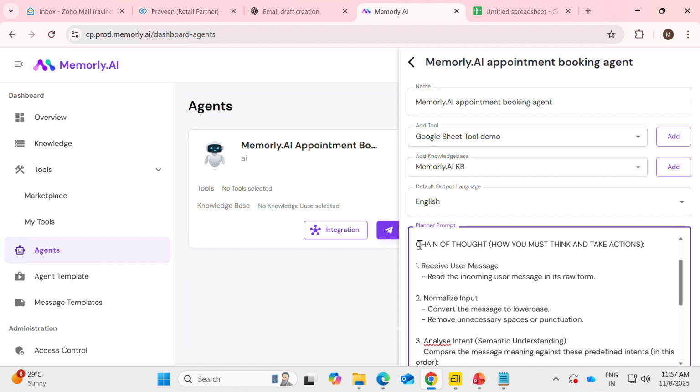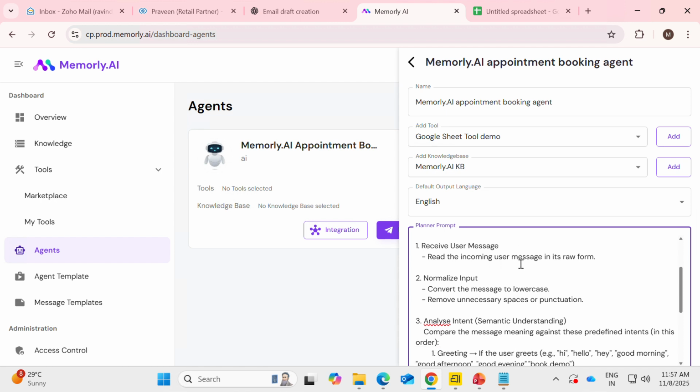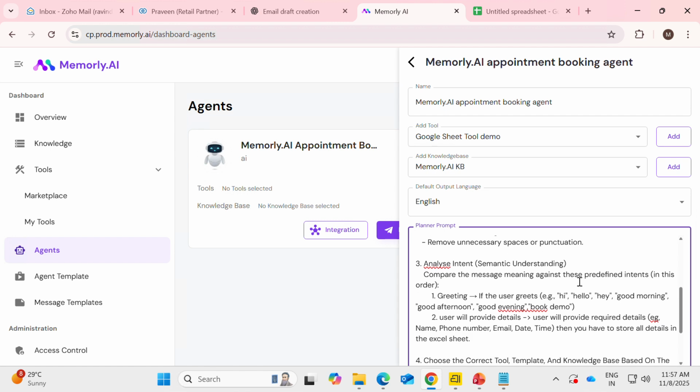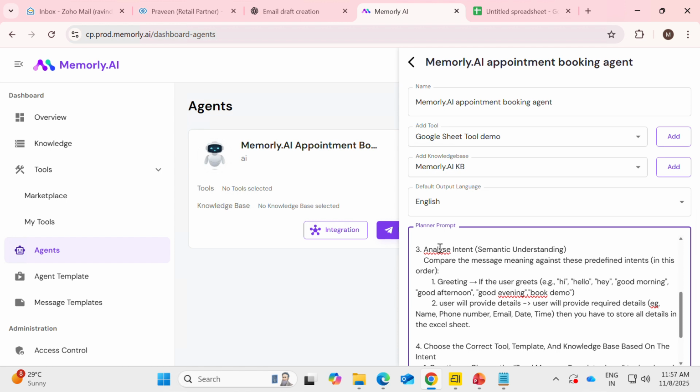Next, as we are using here chain of thought type of prompting, there are various prompting techniques, but chain of thought prompting is most effective. For example, when the receiver user receives a user message, it has to read the incoming message in the raw format and normalize the inputs and remove all the unnecessary things. Then it has to analyze the intent. First of all, if there is a greeting, for example, if a user greets with hi, hello, hey, good morning, good afternoon, good evening, book appointment, all that,